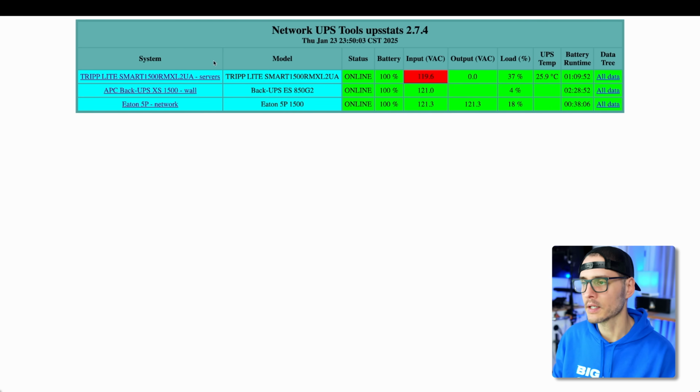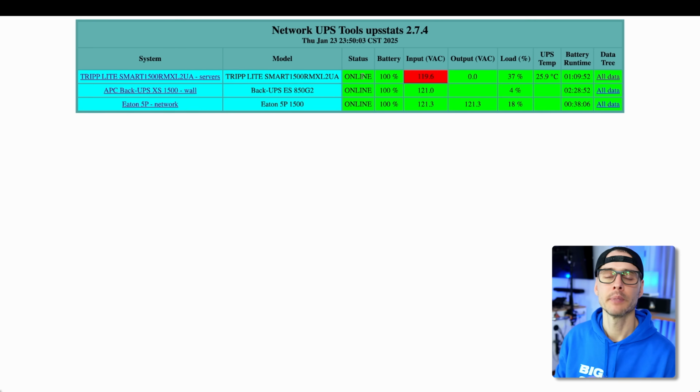Now, it's really nice because it's hard to see this data otherwise, and the other nice thing about NutServer is that you can coordinate shutdowns. Now, I used to do that, but a couple of times it didn't work out so well, so I've kind of eased back and I disabled that feature of NutServer, but it's there if you need it. Say, for instance, you want to shut down a machine safely when there's only 10% battery left, you can totally do that. But NutServer is a great way to look at your UPS and see how it's doing at a glance.